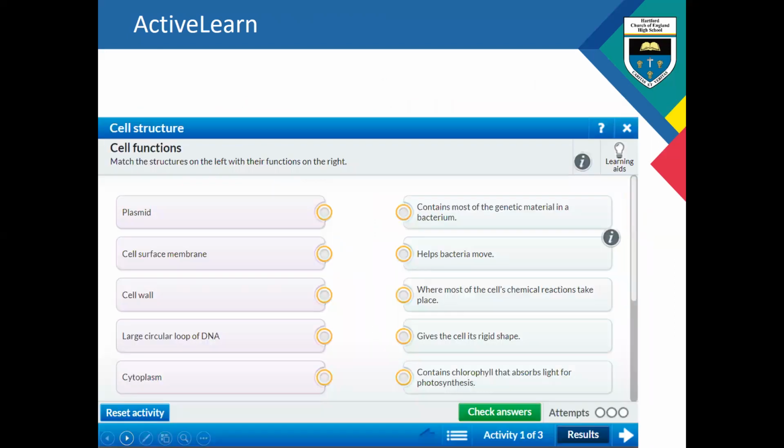As I said, they will get homework on ActiveLearn as well. The homework comes in tasks that look a little bit like this one. There's lots of drag and drop activities, fill in the missing words, and it's a really good way of just checking their learning. As teachers, we will really encourage them to not just have a go and get it done as fast as they can,